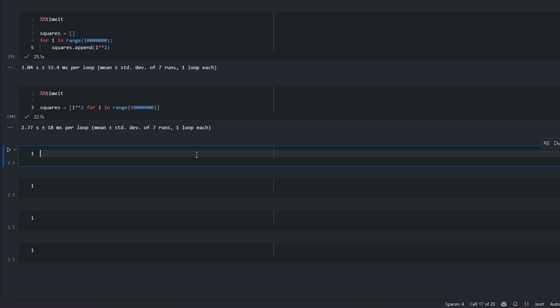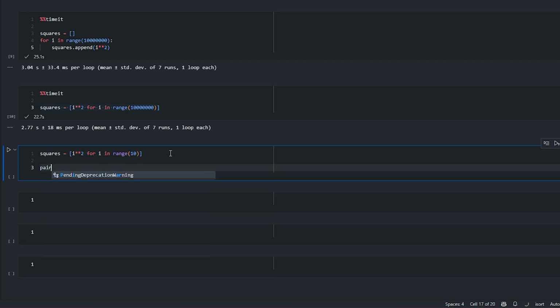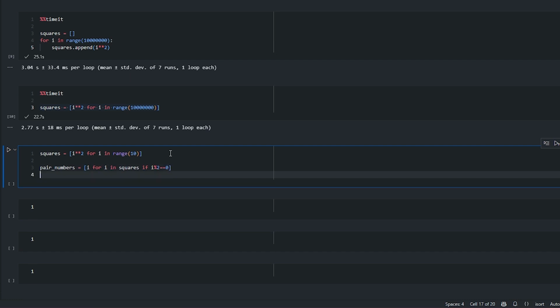And we can do more with the list comprehensions. We can embed if statements. So for example, if we want a list containing only the pair numbers from the squares list we just created, we can do it as follows. So let's create the squares list again. And then we can create the pair numbers list. So we take the elements from the squares list if their mod 2 equals 0,